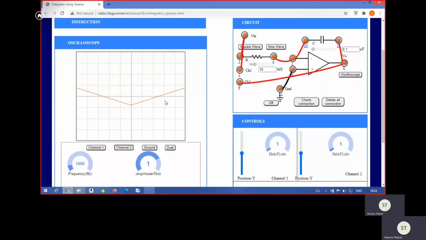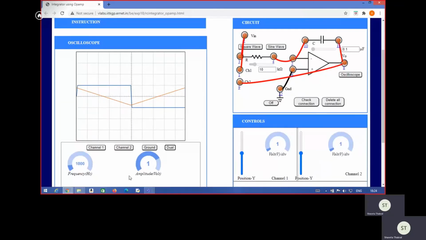Now if we click on dual, we can observe both waveforms simultaneously. The blue one is the square input waveform, and the orange one is the triangular waveform, the output of the integrator.